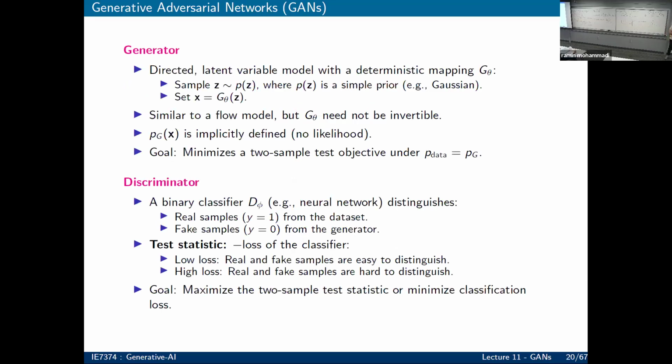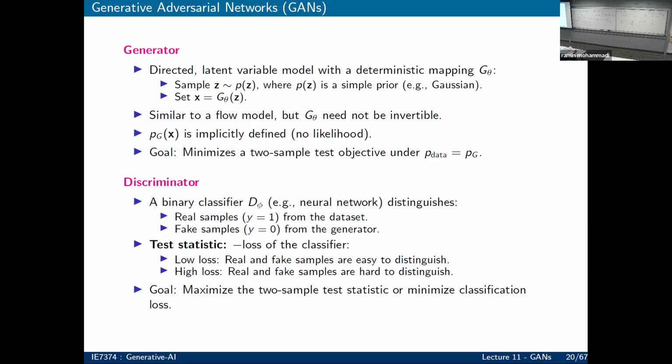So if you think about the generator overall, it gets a sample. From that sample, it generates some images, and it's similar to the flow model. But here it doesn't need to be invertible, so we don't care about the inversion in GAN. Also, P of G(z) is implicit, so we don't have likelihood. So like other models, VAE or GAN, we don't need to learn probabilities of the data,